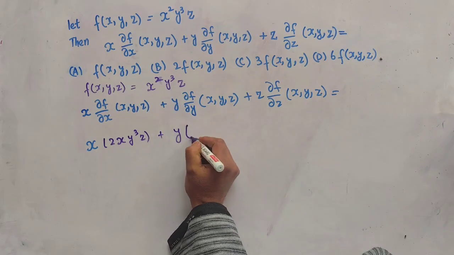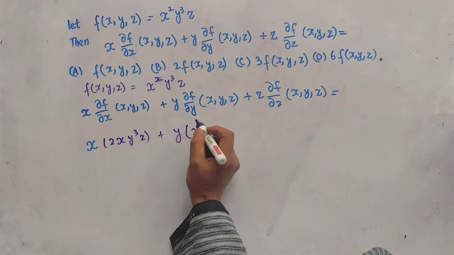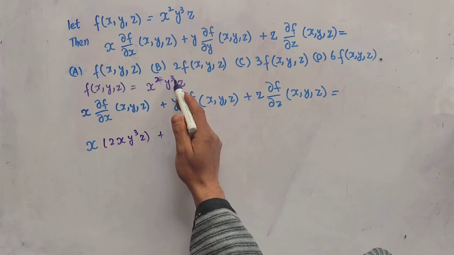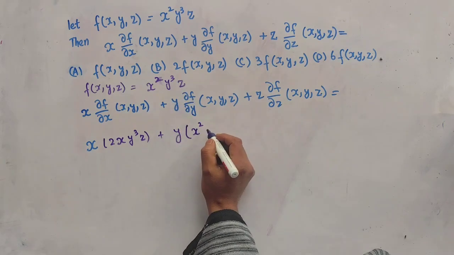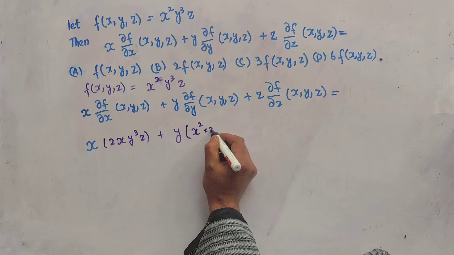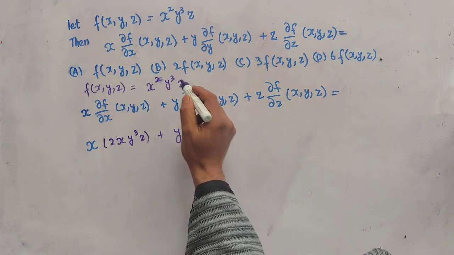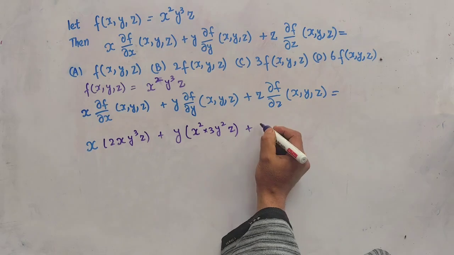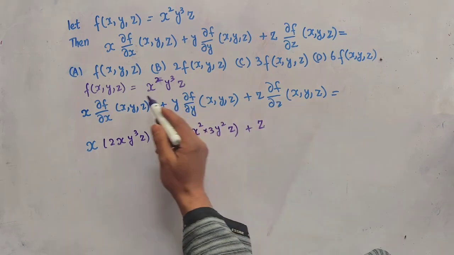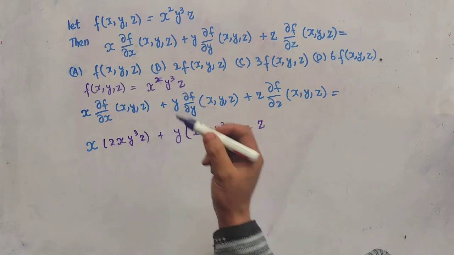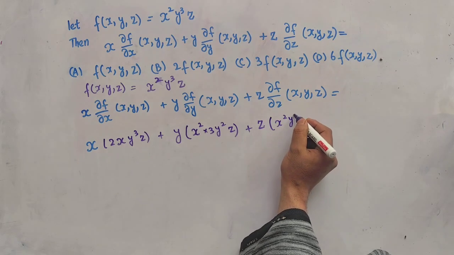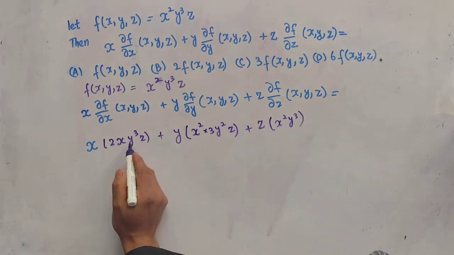In this case x square will remain the same, and the derivative of y cube will be 3y square, rather the exponent is subtracted by 1, and z will remain the same, plus then we have z times the derivative of this function with respect to z. The derivative of z is 1, so we are left with x square y cube. Okay, so here we got